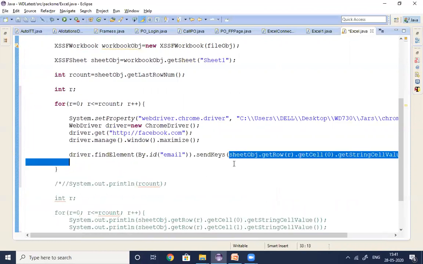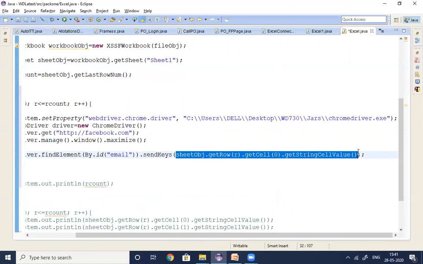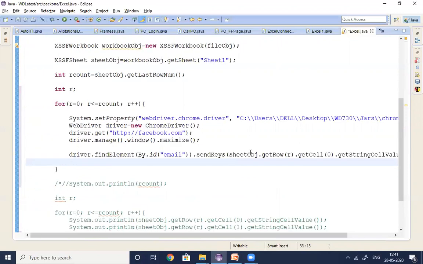Till now we are just hard coding the Kishore Kumar here. Instead of hard coding here, we maintained it in Excel. That Excel reference we are giving from the sheet, whichever sheet you opened. In that sheet, first row, first column, that string value you can read and pass into the application.